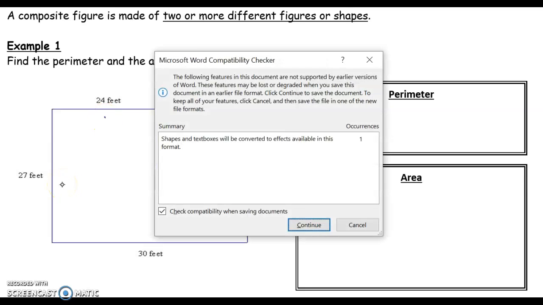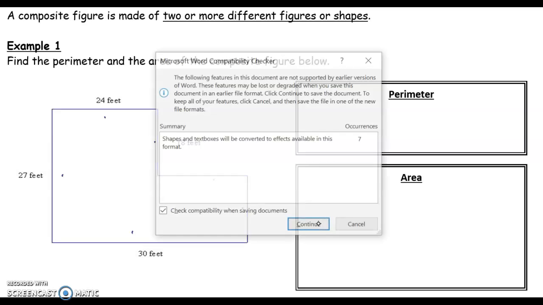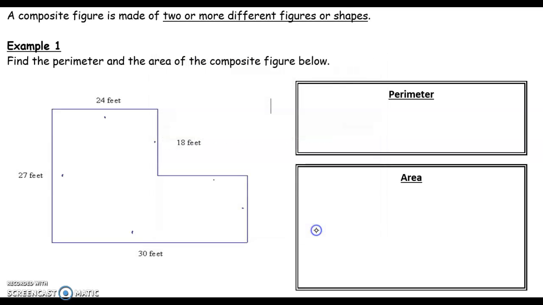There's 1, 2, 3, 4, 5, 6 segments. And I know some of them, but I don't know all of them. So let's think about rectangles. When we think about rectangles, we know that we have various sides, and the opposite sides are always parallel